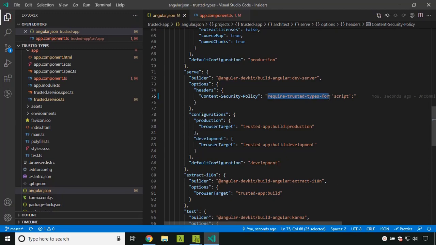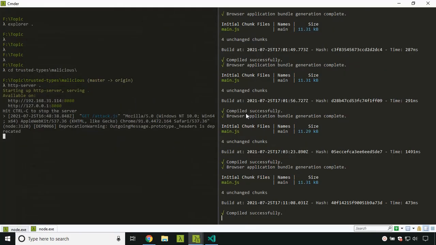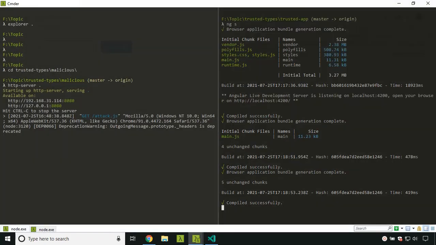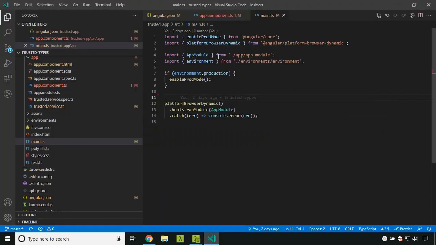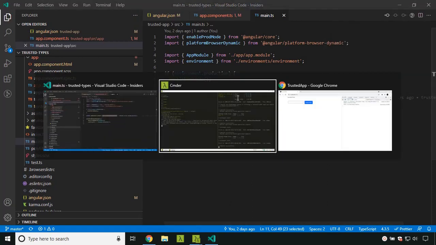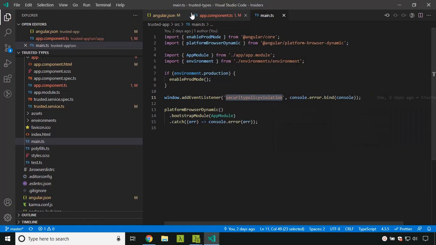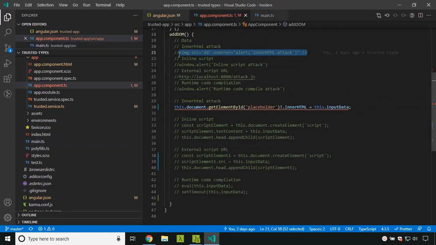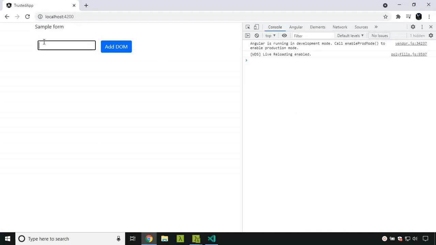So now let's restart our application. Now the application is restarted. Let's go to the main.ts, and here I am adding an event listener for the security policy violation event, and whenever that happens I am logging it to the console. Now let's go to our application and copy the sample data. I am attaching the innerHTML.